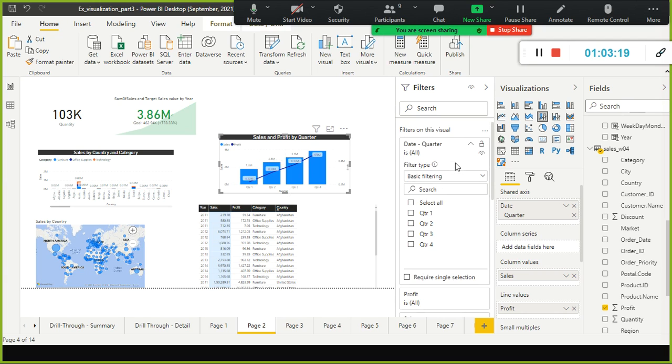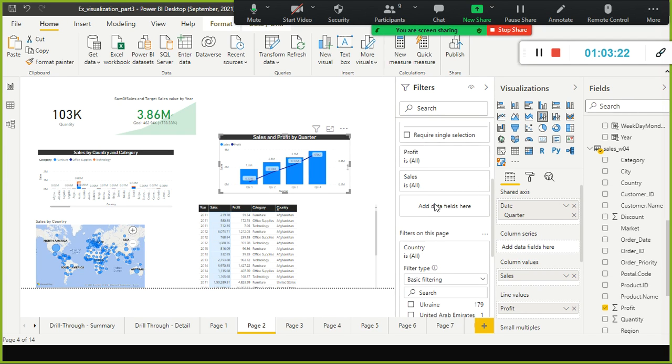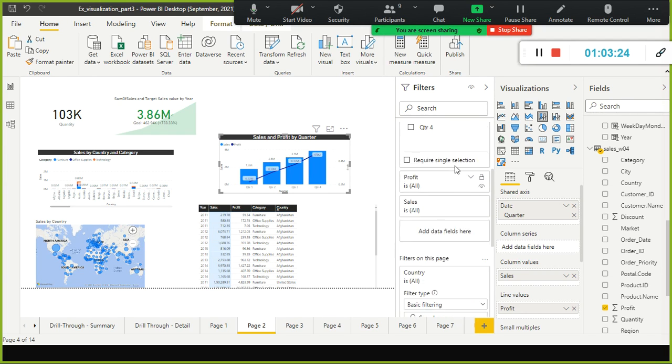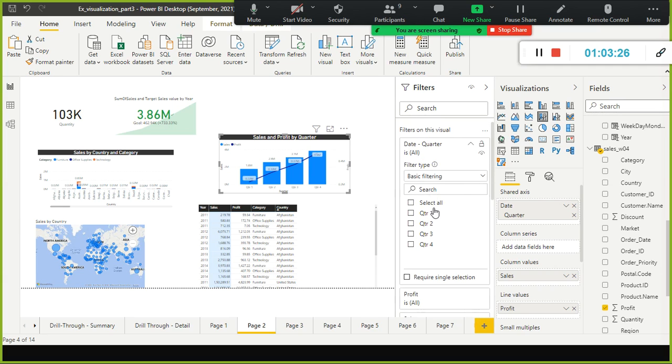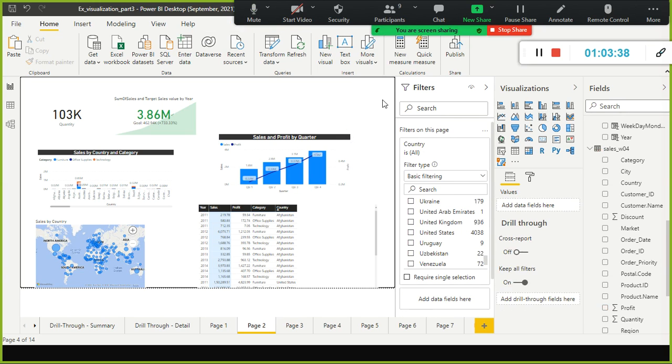Even in the sales also we can do it. But usually we apply filter on the categorical variable, right? So now we understood visual level filter and page level filter.